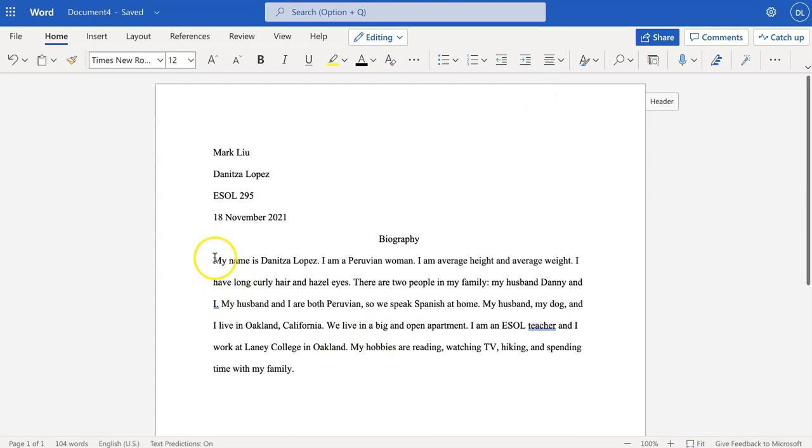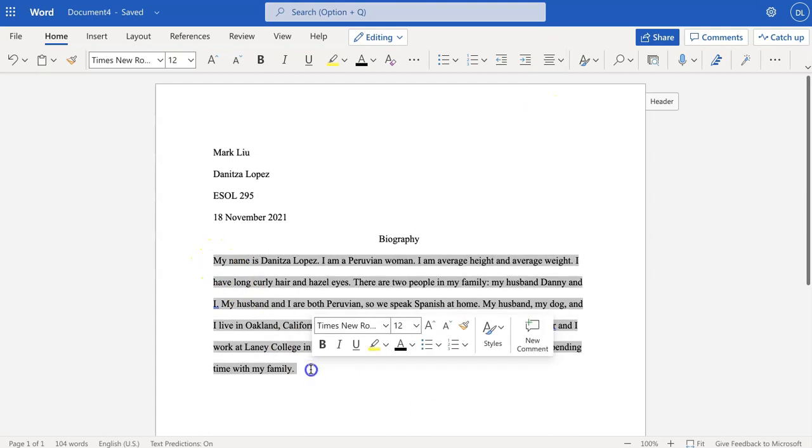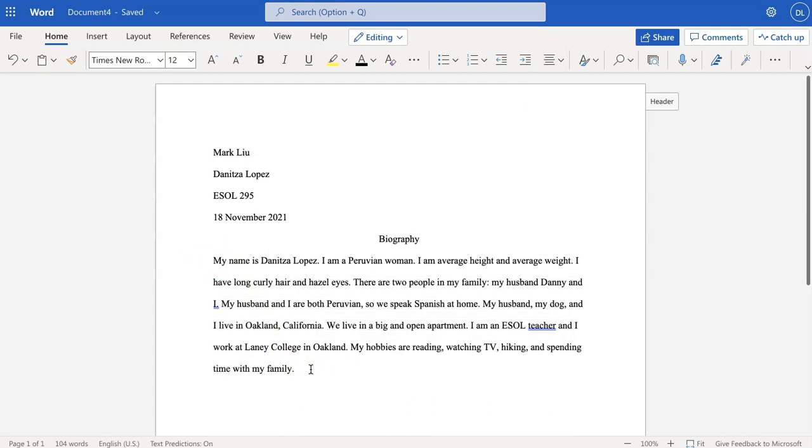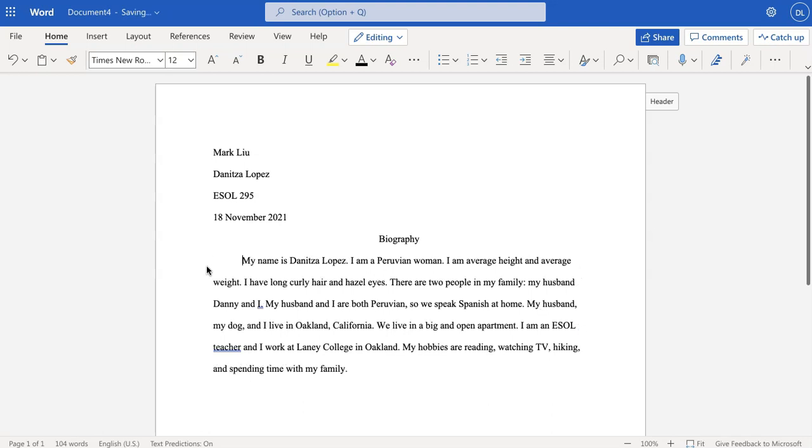Here, I copied a paragraph I already had before. And now I want to show you that at the beginning of a new paragraph, you need to show a space. This space is called an indent, and it is used in MLA format to show that this is the start of a new paragraph. You click Tab on your keyboard, T-A-B. It is on the left side. Tab.